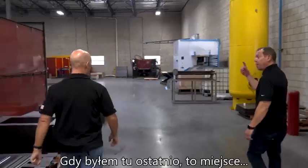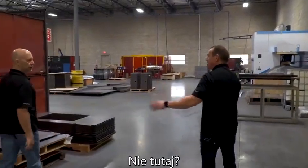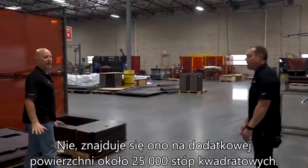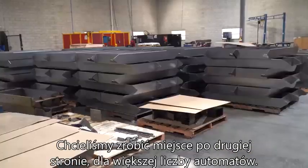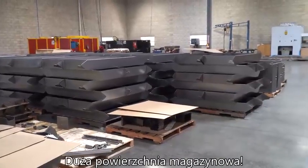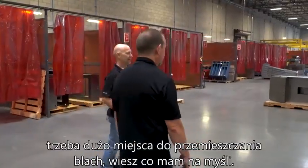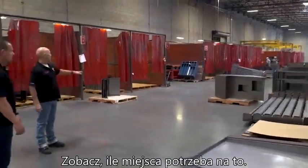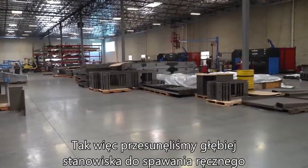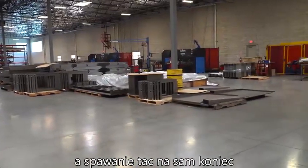So now this whole area, last time I was here, this wasn't here at all. We added this on, about 25,000 extra square feet. We wanted to make room in the other side for more automation. Plenty of storage space. Sheet metal takes a lot of room. If you got these things moving around, look how much space you have to have. So we've moved deburr, manual welding, and then pan welding to the end, and then our 4